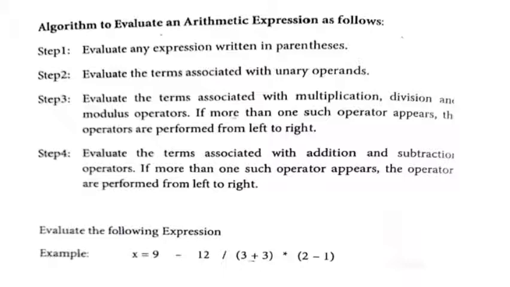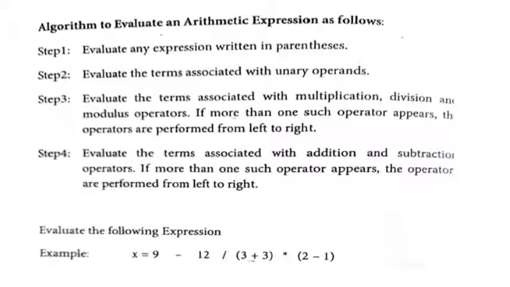x equals 9 minus 12 by 6. For example, 6 into 2 is 12. Whatever quotient value we get while calculating, we need to take that value here. If we face the division symbol, the answer you should take is the quotient value. That quotient value acts as the answer for the division symbol wherever you face it in a given problem.